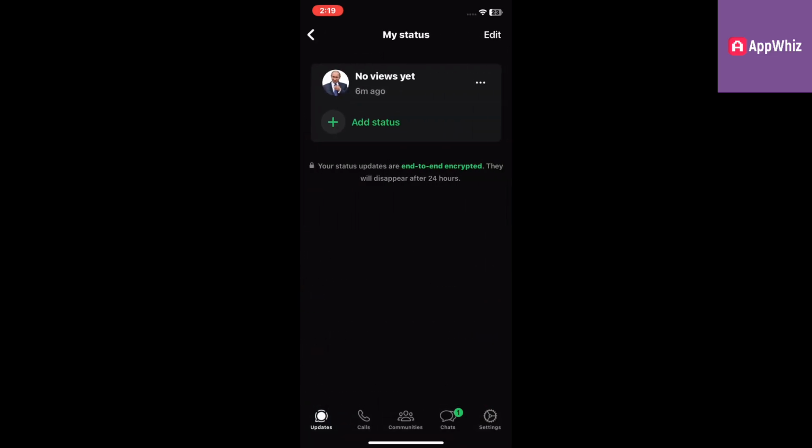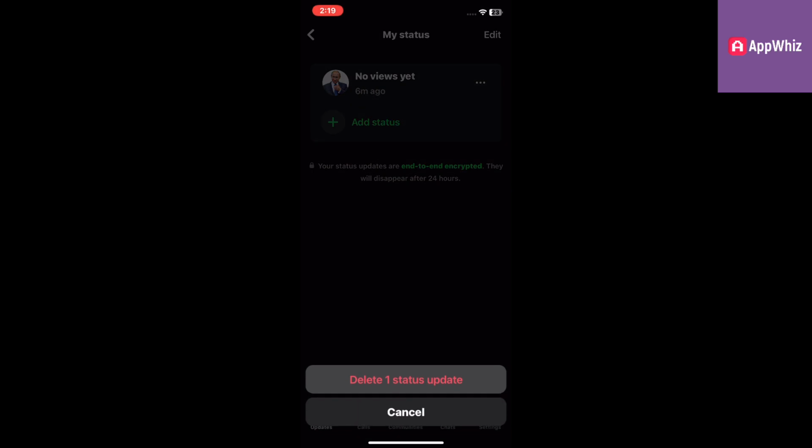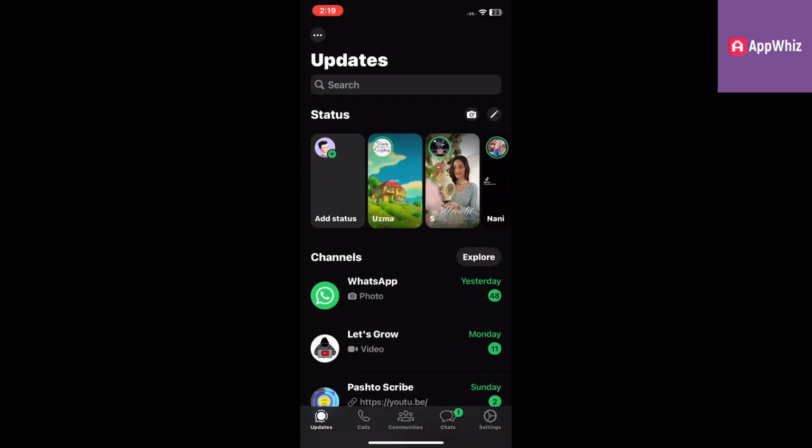All you need to do is click on the image here to delete it. Click on the three dots here. From the menu, select the last option, Delete. Confirm the deletion of the status by clicking Delete one status update, and thus you have deleted the status,